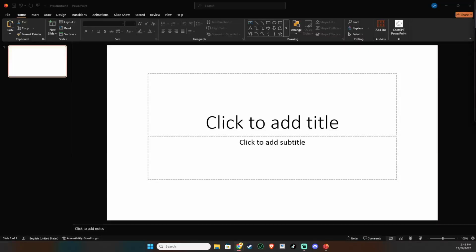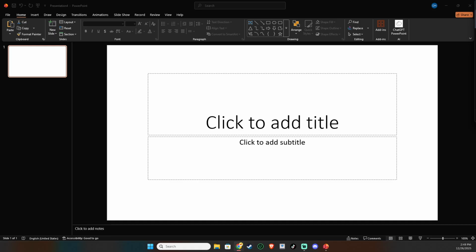In today's video, I'm going to teach you how to use Reuse Slides Pane effectively in PowerPoint. If you've ever wanted to pull a few slides from an older deck into a new one without rebuilding everything, this is exactly the tool you need. The Reuse Slides pane lets you bring in content from another presentation while keeping it organized and looking the way